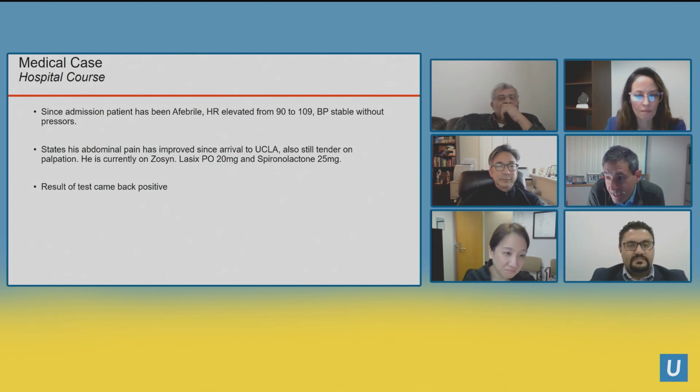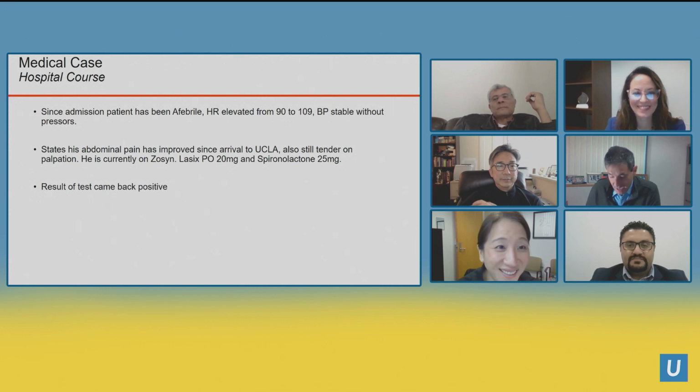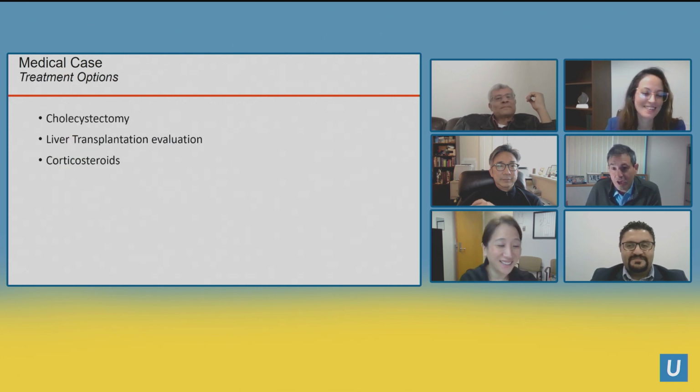And Gina, he had a blood test come back that really changed our concept of what's going on. What do you think that test could have been? A PEth test. A PEth test. So we're going to talk about the PEth test very soon, but it's a test that did lead to a change in our direction.